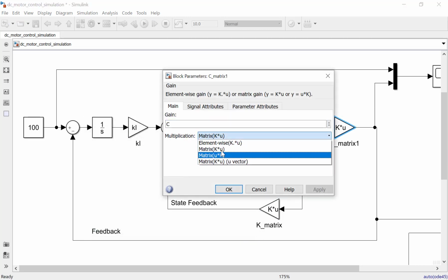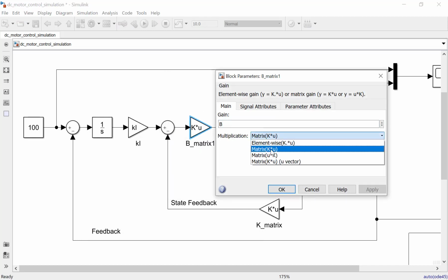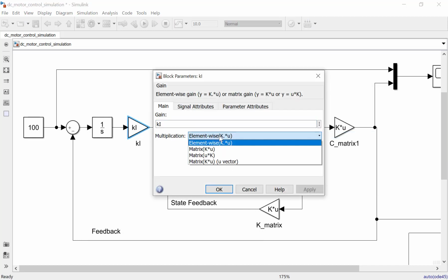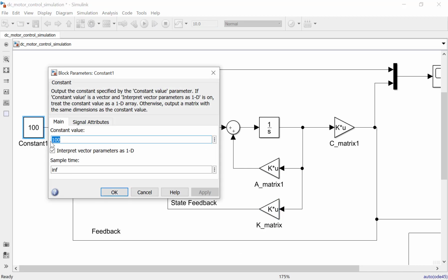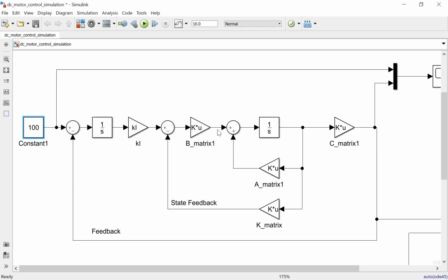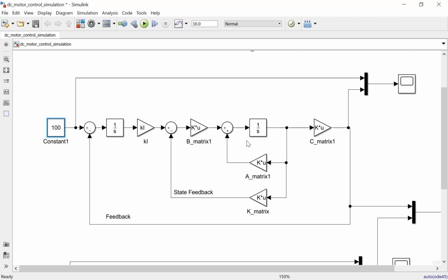This is the matrix C, and this is matrix P. This is the first option for the integral control gain. This is the integrator here, and this is plus and minus. For the state feedback gain, this is minus, plus and then minus. So you can have a feedback here. The set point uses a constant of 100 RPM. Please build this in your MATLAB Simulink.